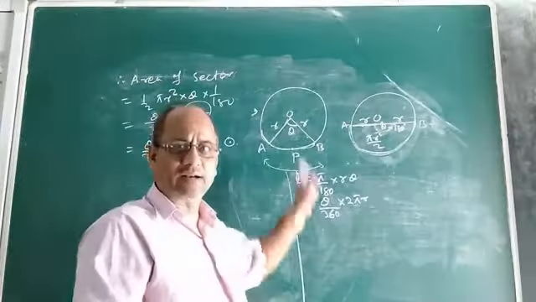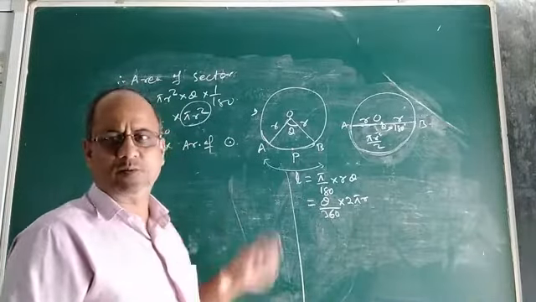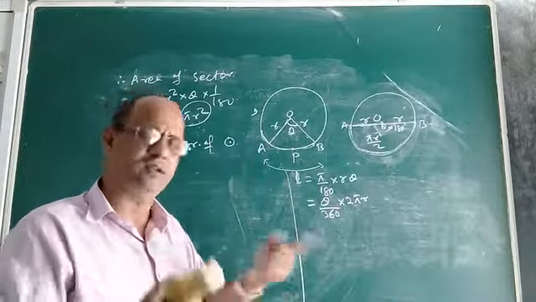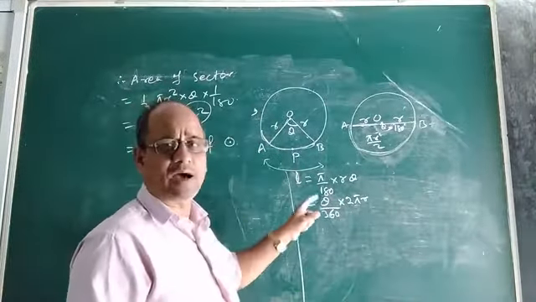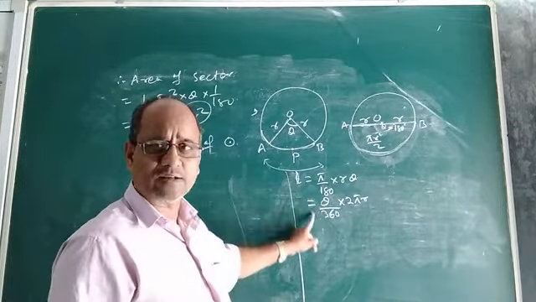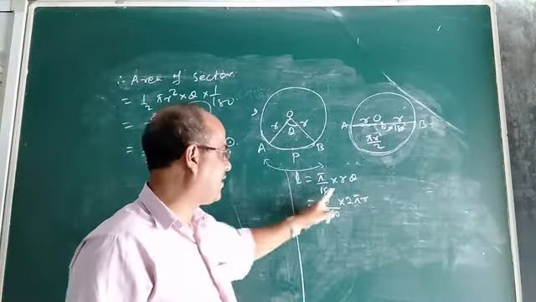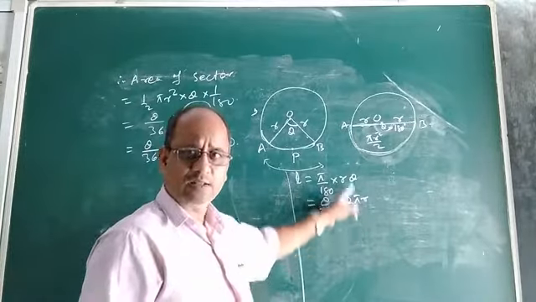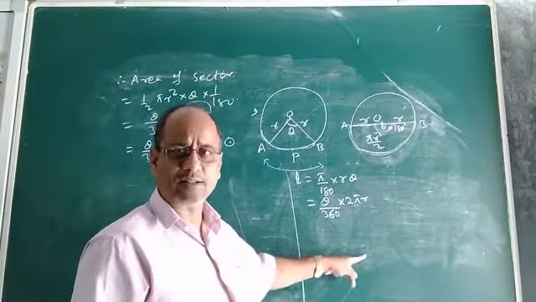When theta and r, that is sector angle and radius, are given, we can easily calculate its area by using the formula theta by 360 into pi r square, or theta by 360 into area of circle. Now suppose you are not given theta, you are given the radius r and the length of the arc L. In the last class we discussed the formula for L, the length of arc: pi by 180 into r theta, or theta by 360 into 2 pi r. Same formula. These two formulae carry the same meaning. You can use any one of these two to find the length of the arc.